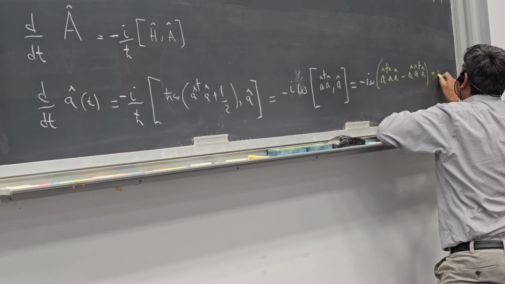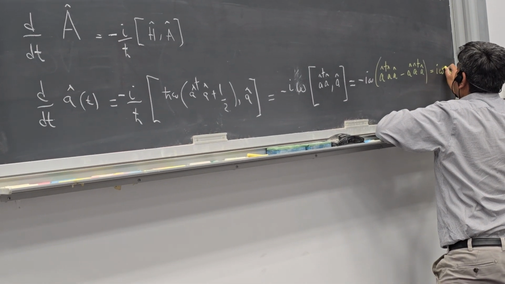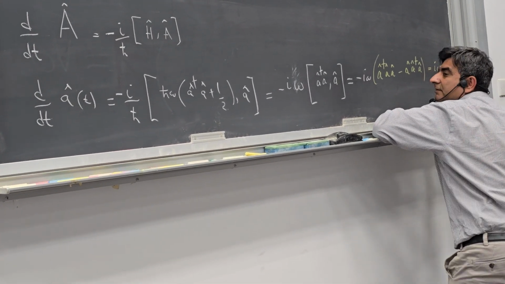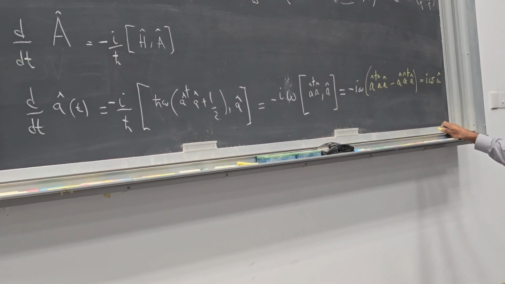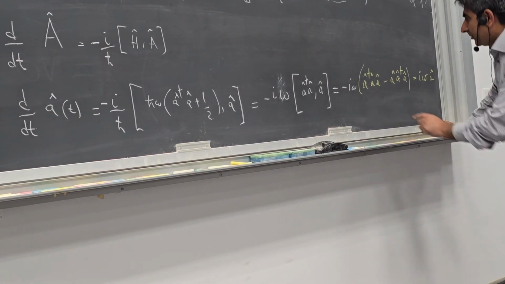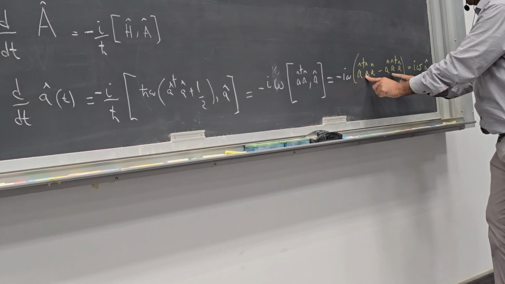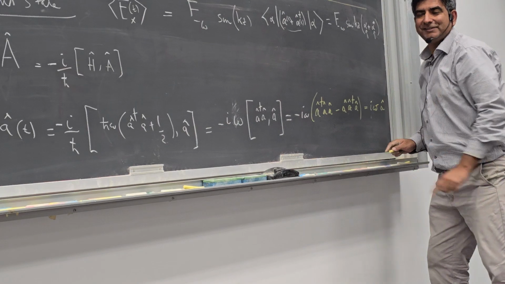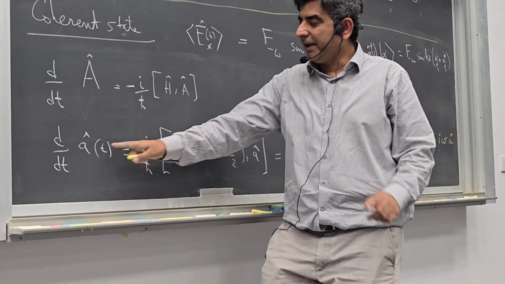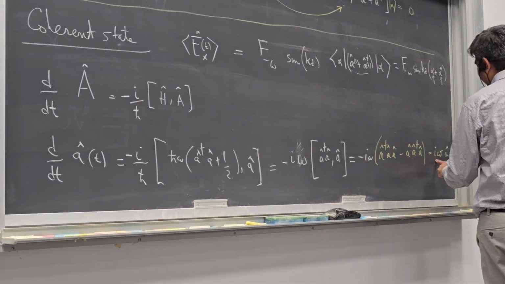This becomes I omega A, because the commutator of A dagger A with A is minus 1. So the time derivative of the A operator is iota omega A,